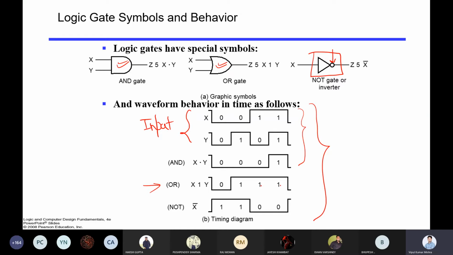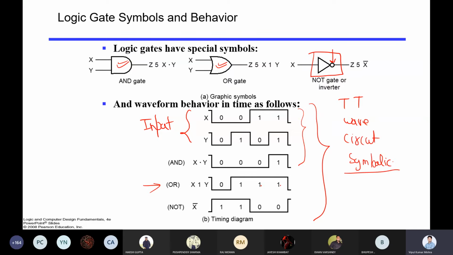So we have seen multiple things. One is the truth table, where we can represent the operation. Second is the waveform. With that we can represent the operation. Third is the circuit. With that we can represent the operation. And the last one is the symbolic representation. Symbolic representation is known as schematic diagram, that is in the form of schematic. So this is the way you can represent a circuit, represent a gate.